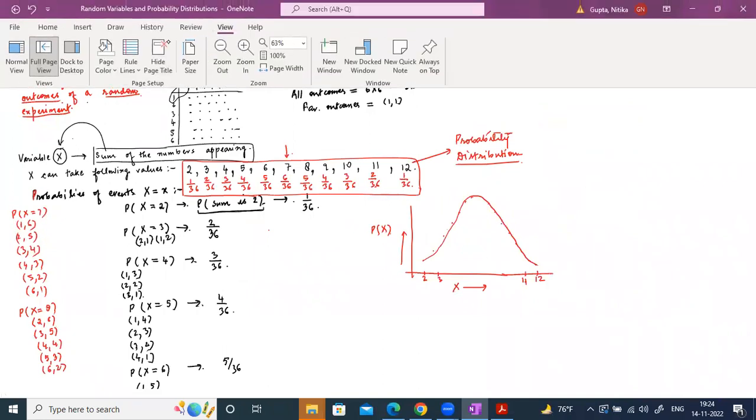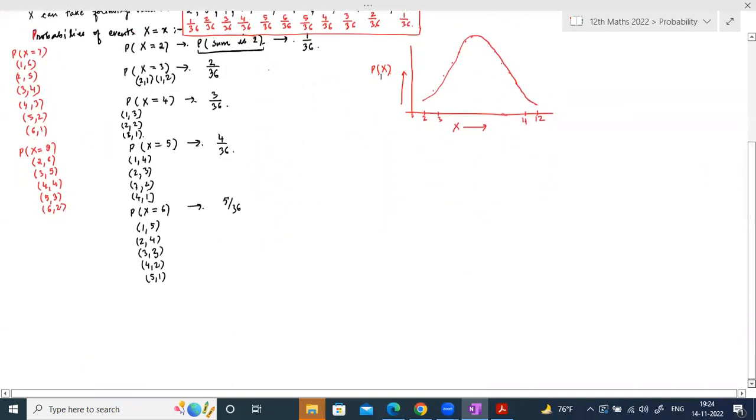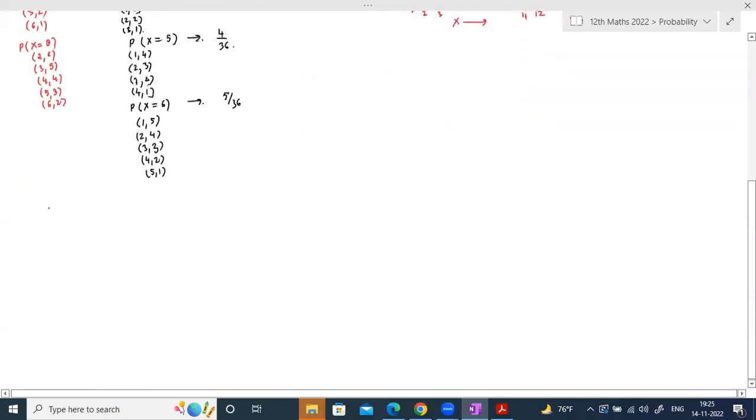So we have understood this on the basis of one example. Let's take another example and find out another random variable. Let's change our experiment this time. Let's consider another random experiment, which is throwing or tossing 3 coins. अब हमने 3 coins को टॉस किया है, ठीक है? And I'm defining a new variable x as number of heads appearing.